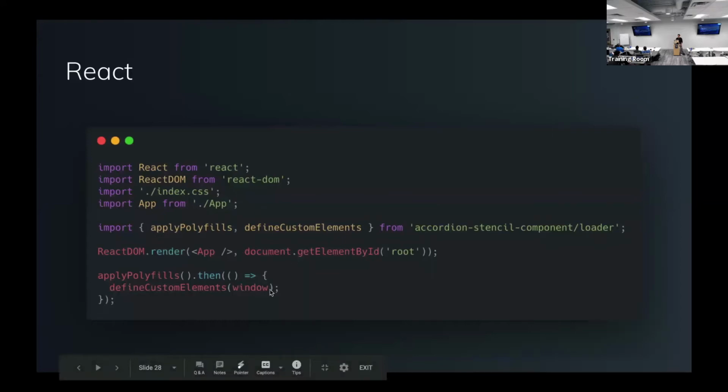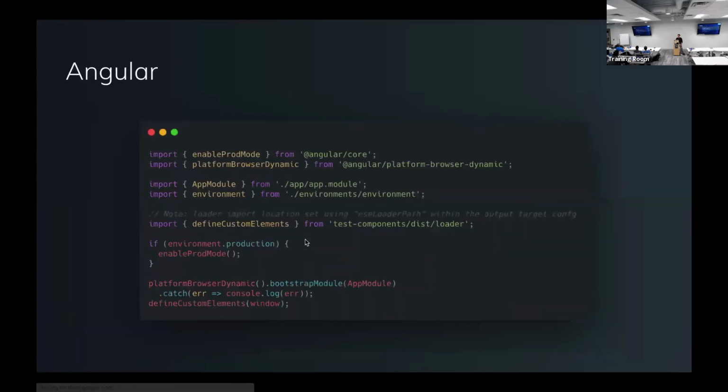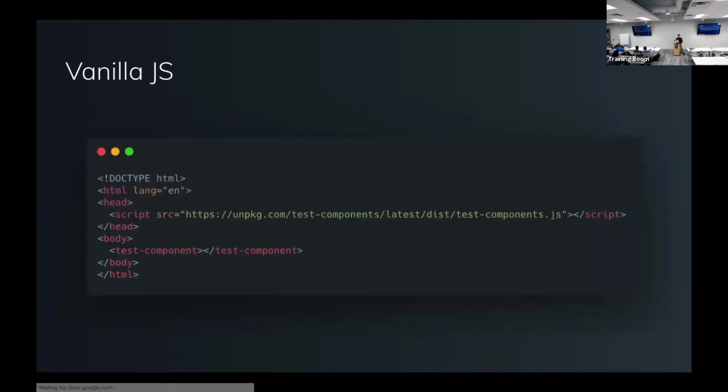Basically, define custom elements. There's a little loader script you can add from Stencil that helps you do that. And same thing with Angular, you have to define custom elements on your app load. Where this actually is really cool, or I think it's really cool, is when you do it just with vanilla